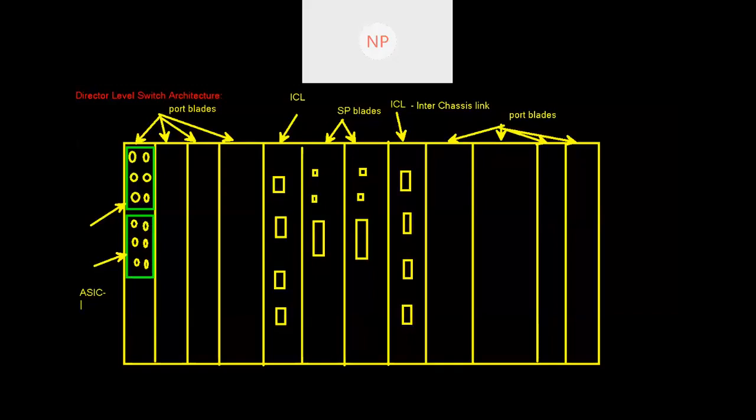Asymmetric integrated circuit. Hello. Application specific integrated circuit. I googled it. Application integrated